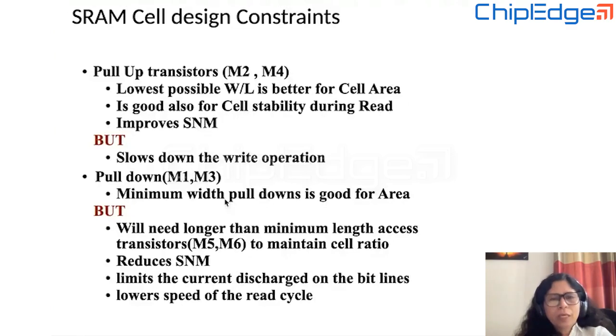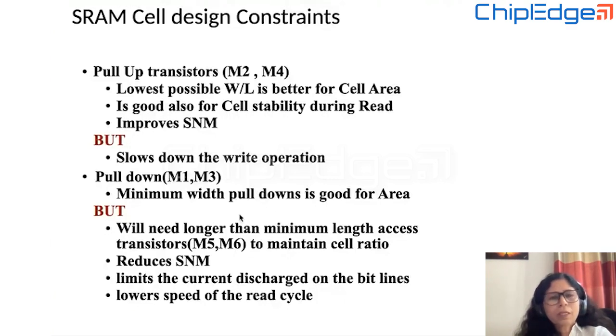Then coming to pull down, again, we want minimum because it is good for area. But we can't put minimum because we need good SNM, we want a good read curve. So we have to put some decent size which is corresponding to the fast transistor size and provides a good SNM, provides a good cell ratio, at the same time does not impact the area too much. So again we have to decide between the pros and the cons of keeping the sizing of the pull